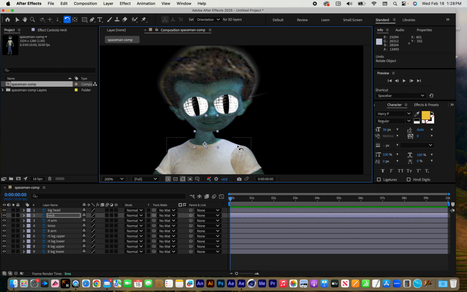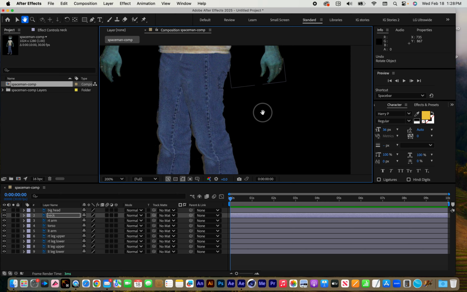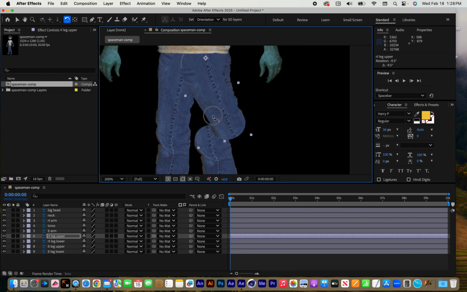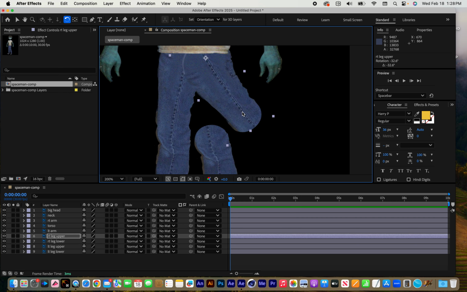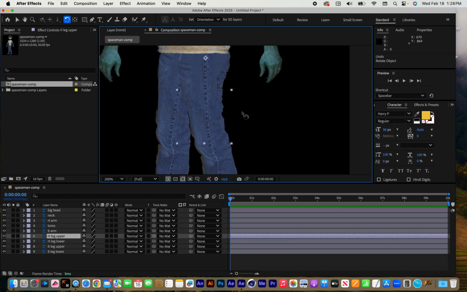Okay. Now, obviously, when I rotate some of these layers, like the upper leg, for example, the lower leg gets left behind. So the next setup step that I need to go through is to link things together. Now, in a previous lesson, I showed how you could group things together by precomposing, but in this case, I don't want to precompose and group things because that would remove the layers from this current composition. So instead of precomposing to group things together, I'm going to use the parent and link column to link layers